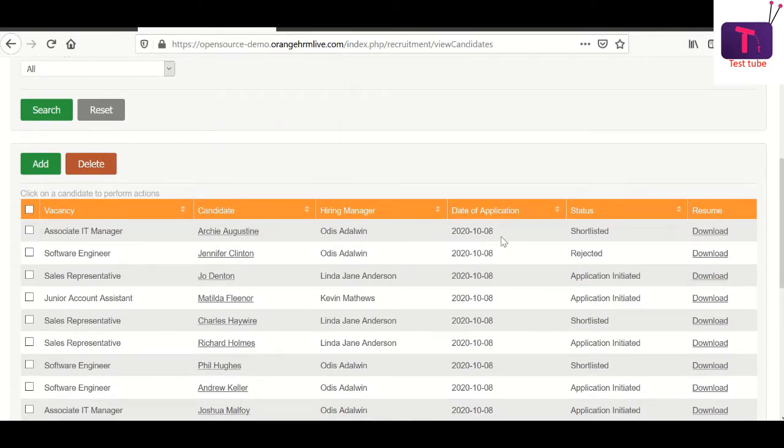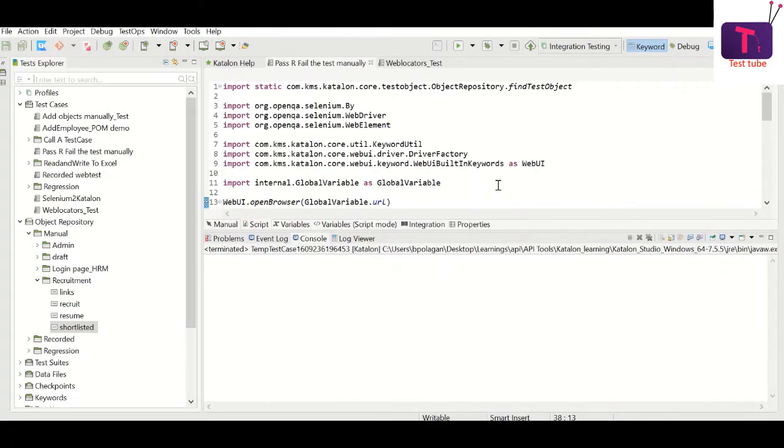I have the methods called find element and find elements. You must be familiar with these two. So driver dot find element will give me the element which I am looking for in Selenium WebDriver.